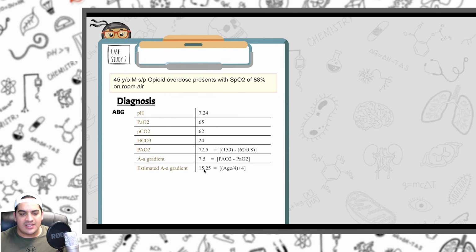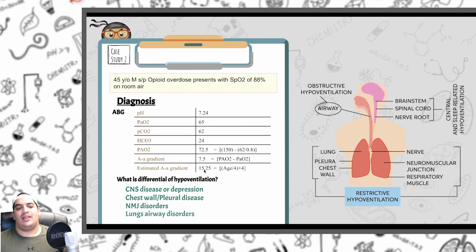So it's likely hypoventilation is the potential cause. And then again, we can go through and think about all the reasons why they would have this potential problem. It could be due to a CNS disease or depression. It could be due to a nerve problem or a neuromuscular junction disorder. Another thing is it could be due to a chest wall or pleural disease. I didn't mention this, but sometimes if a patient has ankylosing spondylitis or some type of abnormality in their rib cage where they aren't able to adequately take deep breaths because of their anatomy, that could be a potential problem. Or if they have huge pleural effusions that are compressing down on the lungs,